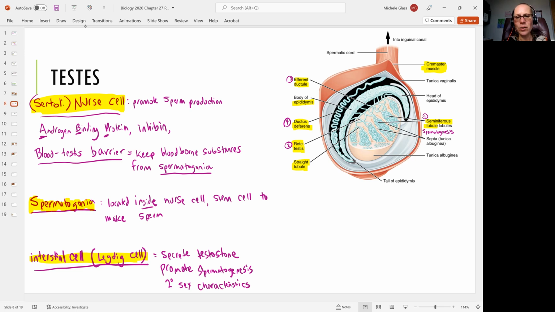These cells are actually housed in the seminiferous tubule. So let me make a comment here that they're all located inside the seminiferous tubules. Okay, so up next, we're going to spend a little bit more time looking at that process of